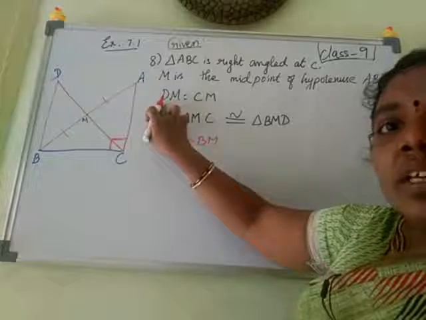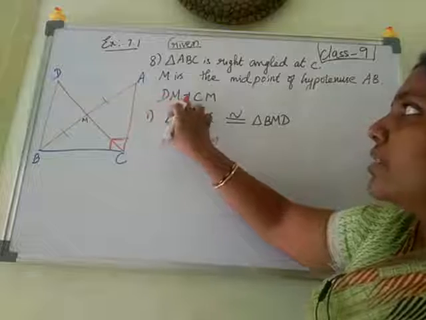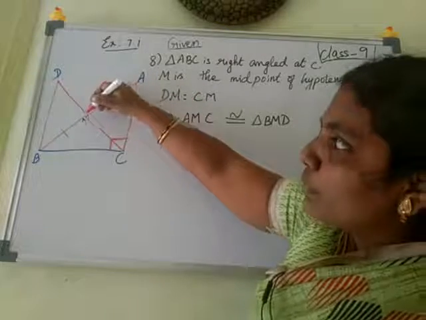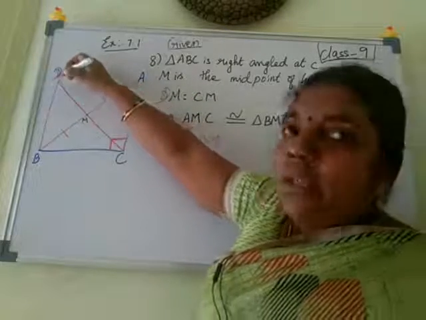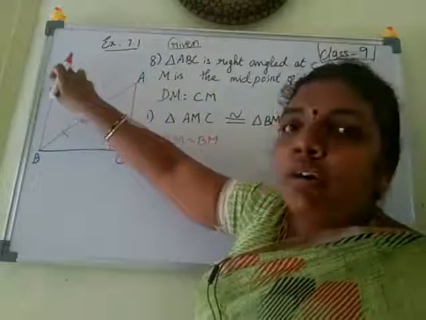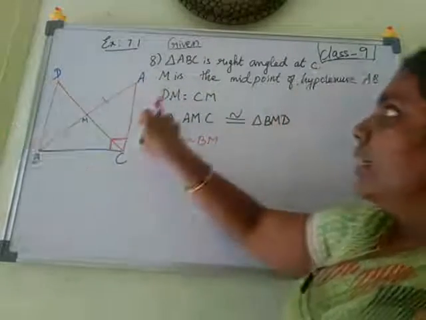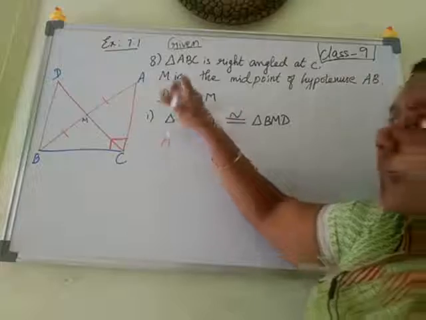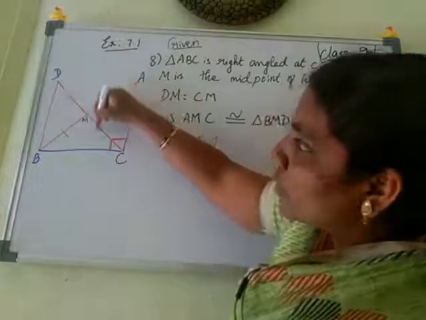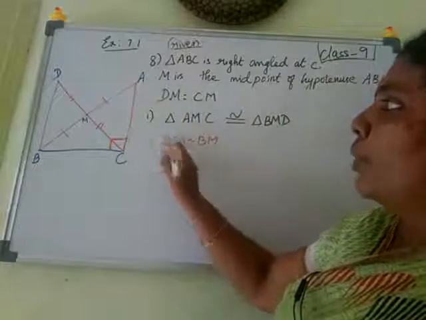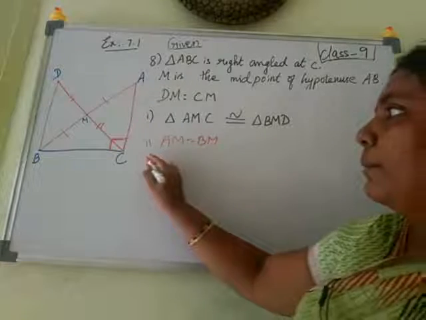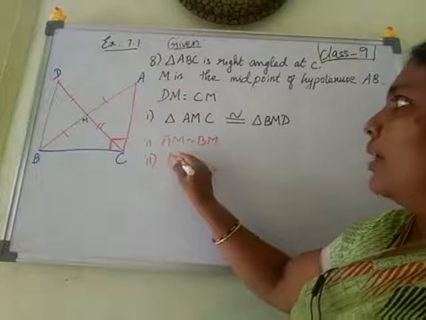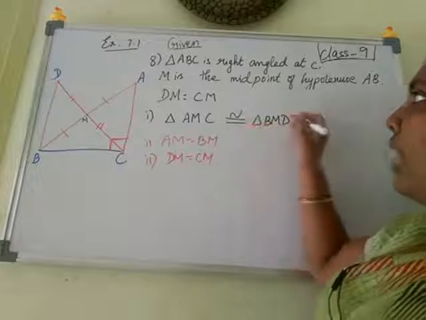And one more thing, in the question it is given DM is equal to CM. That means this midpoint M is produced to the point D, then B and D are joined, so that DM is equal to CM. So from the given I wrote here AM is equal to BM, and the second point is DM is equal to CM, and we have to prove that